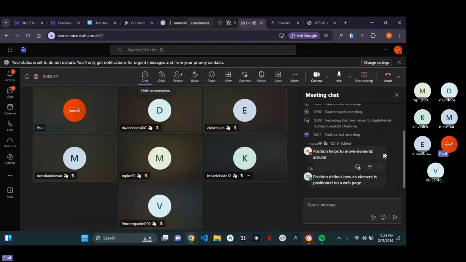Okay. Yes. So position helps to move elements around. Good. Exactly. So now this is basically what your position is. Position helps you in moving elements around. Now, why did I ask this question? I asked this question because